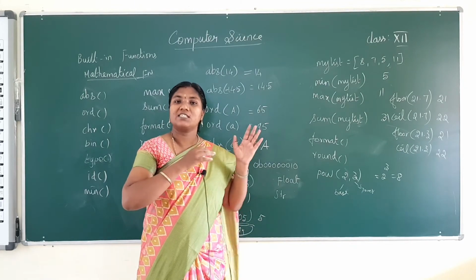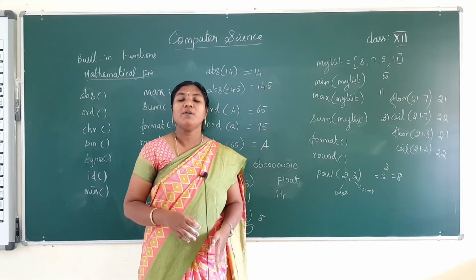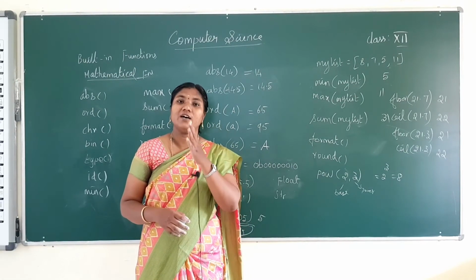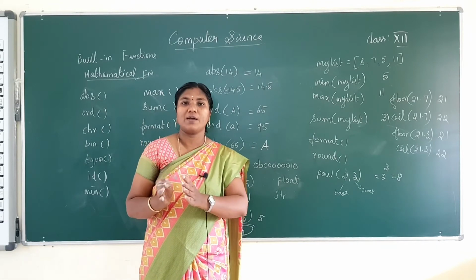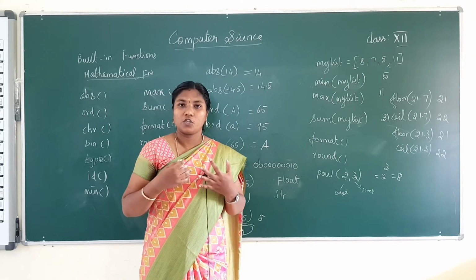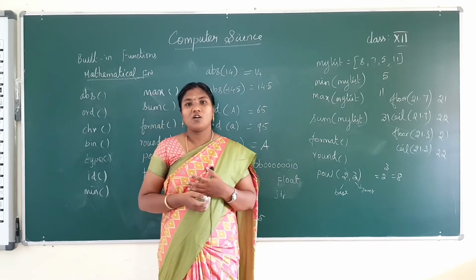So, students, in this they have given you an example. They have given these functions as a tabular column in your book. They give the function name and for what purpose it is used, a simple sample program and what the output is for it. They are given in a clear view. If you go through it, you can have a clear concept of that.